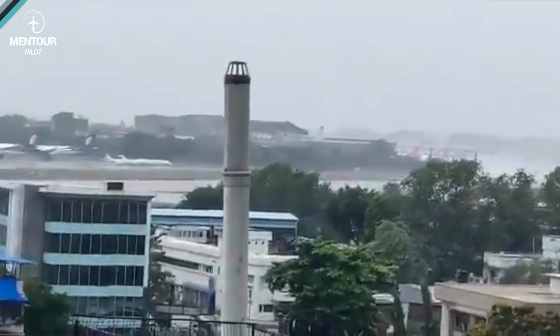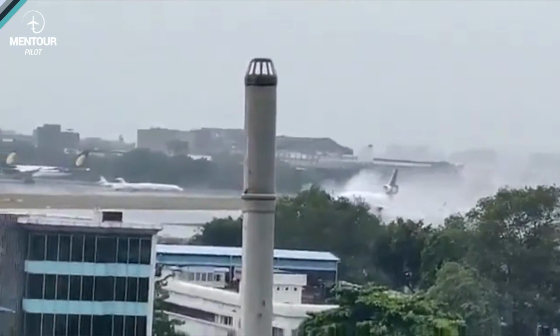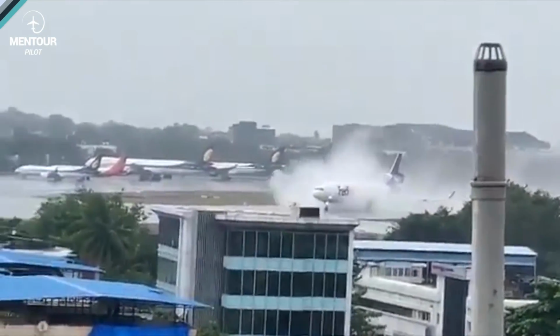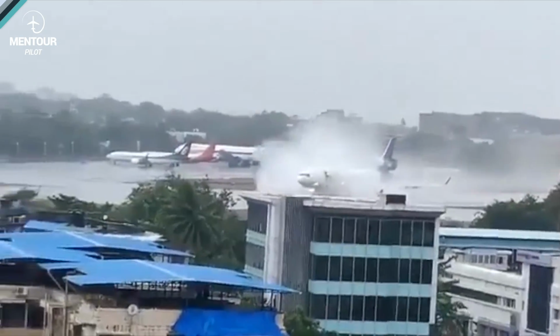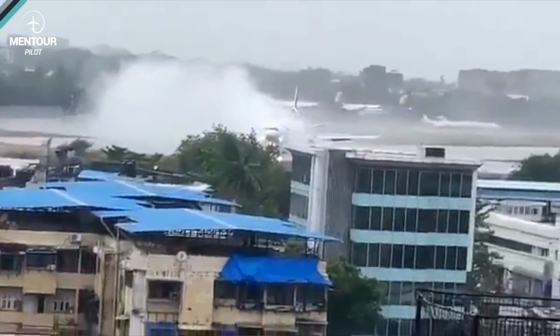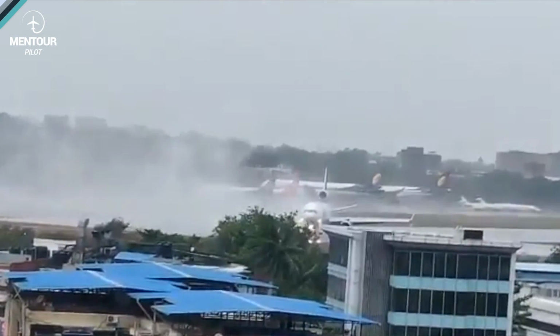And the reason I'm saying this, guys, is that if you watch this video, you can clearly hear how these guys have come in. You can hear the thrust reversers. You can also hear the thrust reversers starting to decelerate, and then all of a sudden they go up again, right? So that would be a possible indication that they have been starting to stow them, are starting to decrease the reverse thrust, because they're feeling quite confident with the deceleration, and then all of a sudden hit the brakes. They're in this area of poor braking action for whatever reason. They realize it doesn't work, and they reapply full reverse thrust, and they manage just to stop it within the